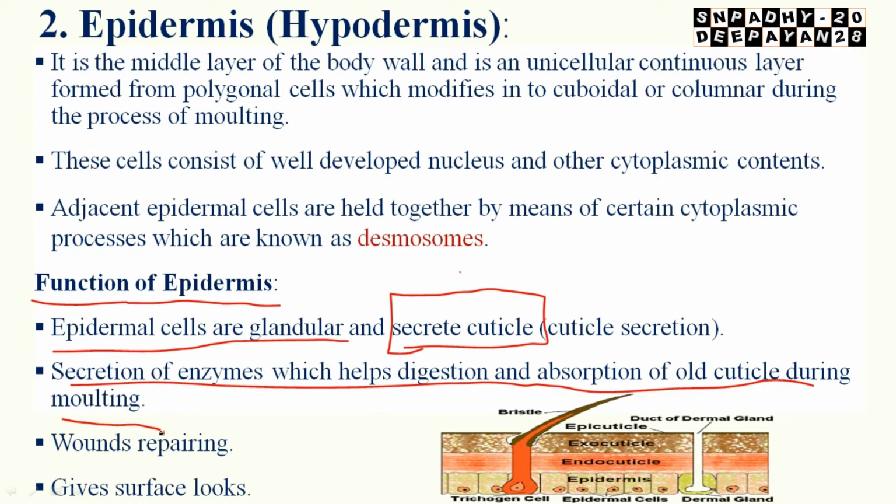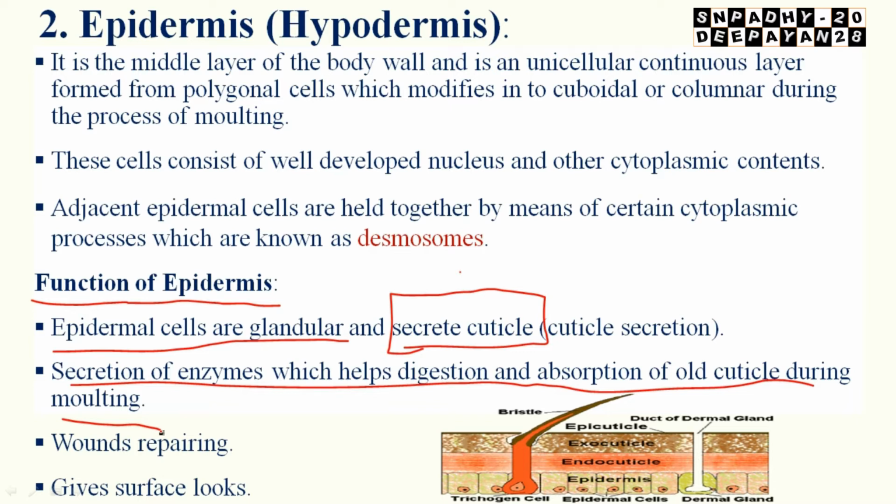Basically, in molting, what happens? The old cuticle, the old outer layer, will be removed so that a new layer will be formed beneath it. The insect will leave its skin, the exuvium, just like in the case of a snake, you might have seen. In Odia, that is called what? Sapokati, whatever it may be. So they will remove that one.